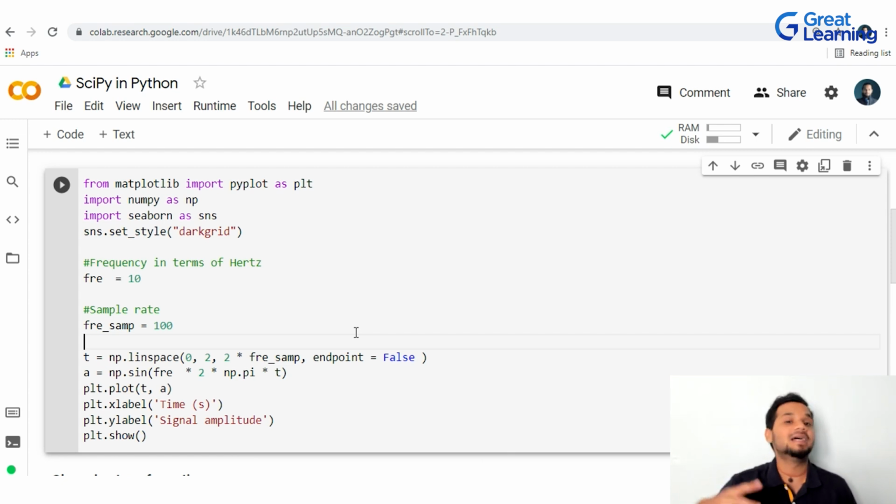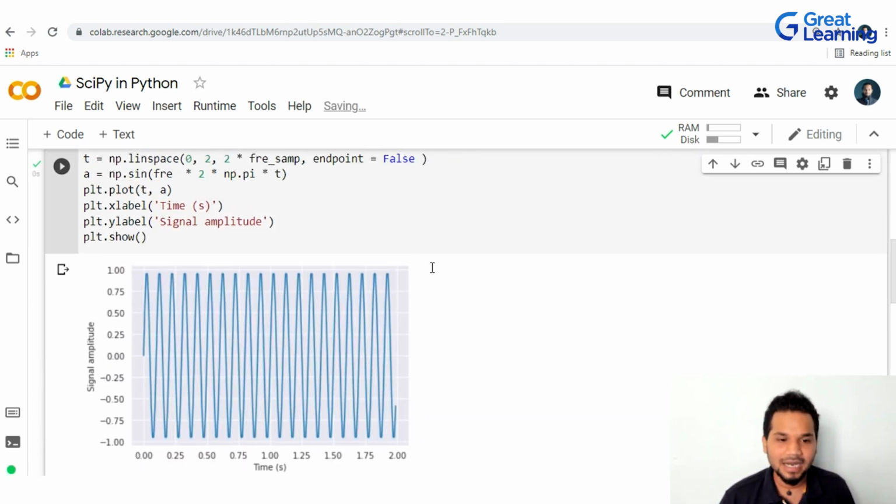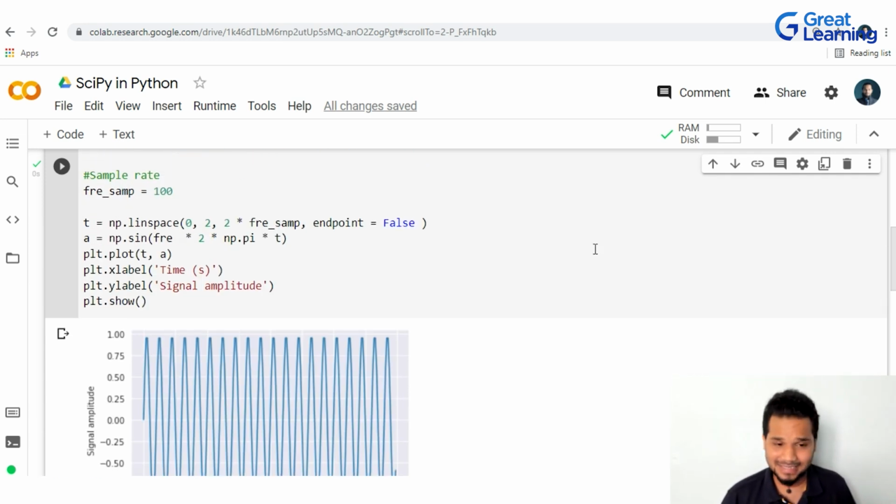And then the sampling rate. Sampling is again a fantastic part of working with analog and digital electronics if you have studied it in college. And all we're trying to do is take spatial data and convert it into simple frequency data, right? And look at this. This is what it might look like. Now, if you do not know what amplitude and all of that means, do not worry. Just look at the graph and understand that this is similar to what it would look like if you could see the power coming in through the wires to your house, right? It's a simple sine wave, and we've just plotted the amplitude and the time out there, and it's simple, right?